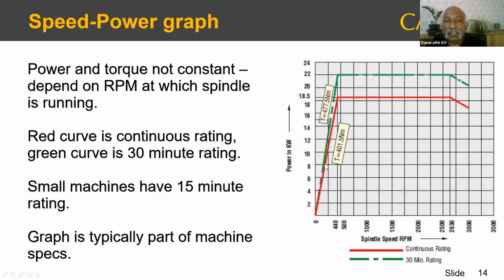You can see here, let's say your RPM is only 250. At 250 RPM, I've got only 10 kilowatts available. So you need to see what operation you're doing, at what diameter, what is your RPM. That's all based on your constant surface speed, your limiting spindle speed, and all that. Based on that, how much power does the machine have available, and how much do you need for cutting? So these graphs are key to understanding how much power you have on your machine. It is not one fixed number. The power varies depending on the RPM at which you're running.